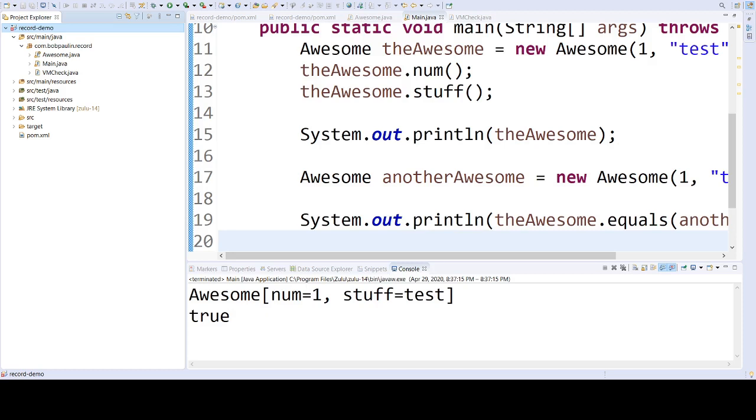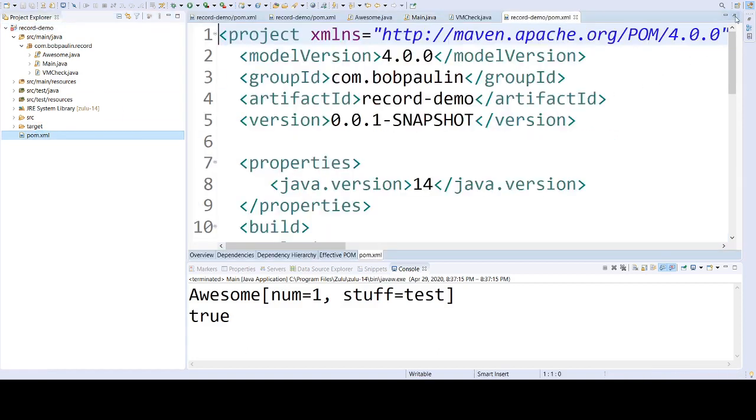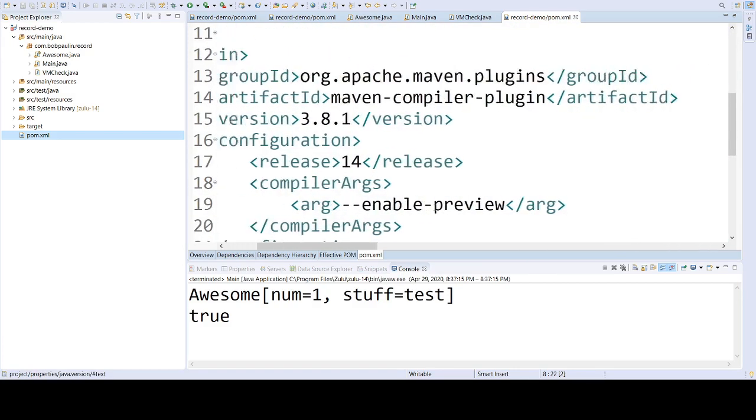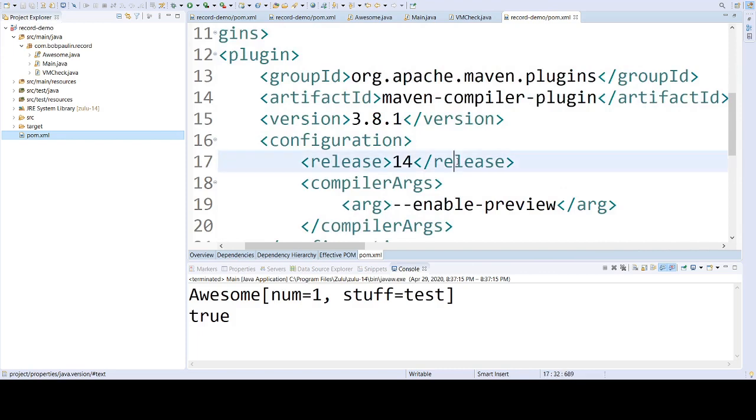Now, let's say you're not an Eclipse user, but you're using Maven. Similarly, you can use a Maven POM to set the Java version property to 14 so that it gets picked up by the compiler plugin. Then if we go down within the compiler plugin, I can set release 14.